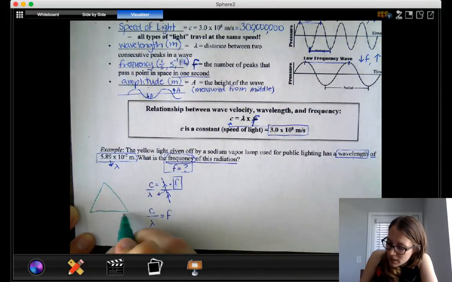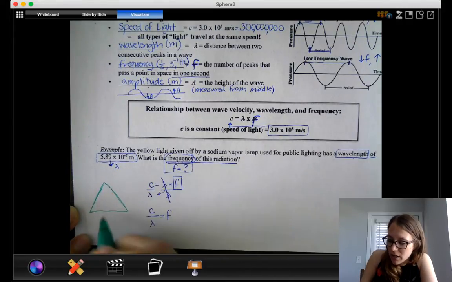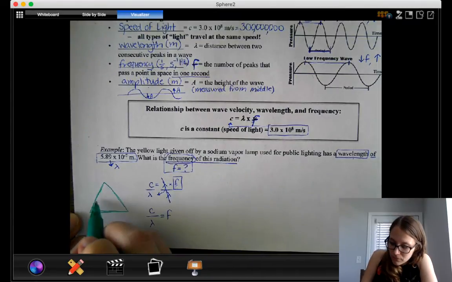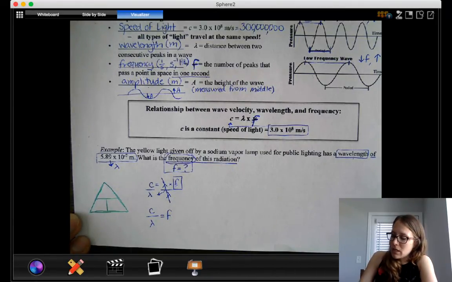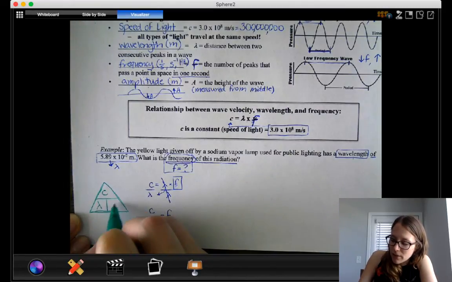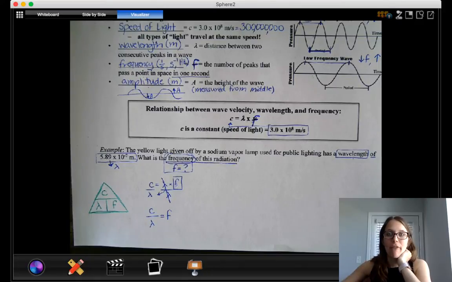There are these triangles that you can use to help you figure out how to rearrange an equation. And the one for this equation would look like this. So if you like these triangles and you've used these before, c is our speed of light, and then frequency and wavelength on the bottom. And if you want to figure out what your equation should look like based on which variable you're going to solve for, you would just cover up the variable you're trying to solve for and it would show you the